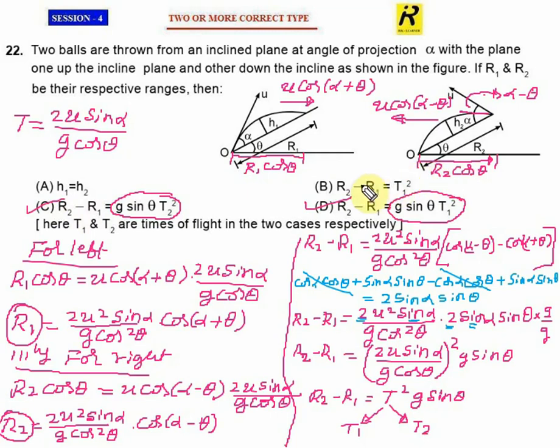So no doubt, with the R2 minus R1 calculation we made, this thing is wrong. For this reason I can say option B is wrong, and we already made a conclusion about option A. This came right. So the final conclusion for this question is that the correct options are A, C and D. All these options came right.